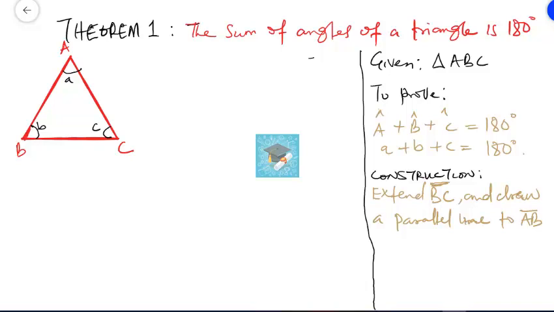So let's quickly deal with this construction so that we will not forget. It says extend BC. We are extending BC to a point, let's label that point where it stops D. Then draw a line parallel to AB. Sorry, that's not straight. So we've drawn a line parallel to AB. You can see that line EC is parallel to line AB. We've been able to extend BC so that we can have another